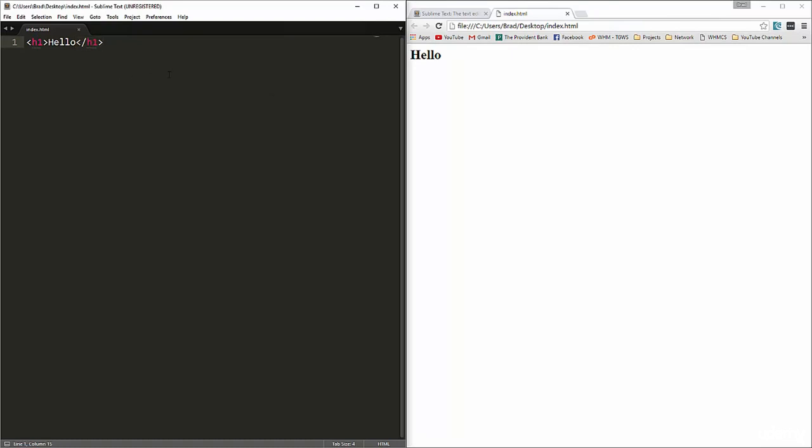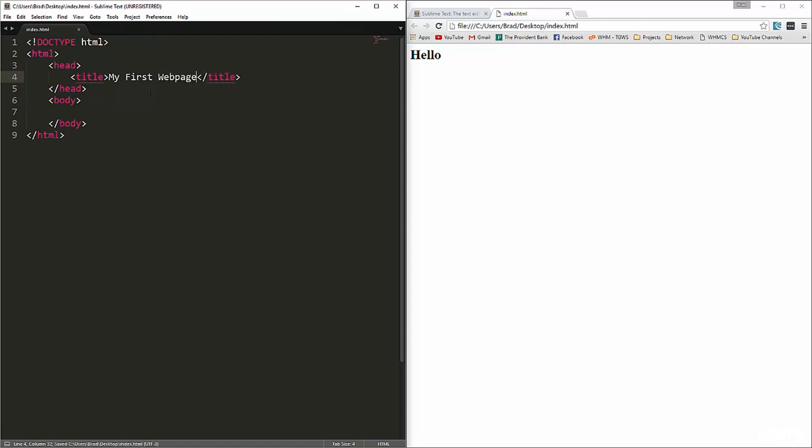Alright, now if you're building a web page, you want to have your basic structure, which is your HTML tags, your head and body tags, and your doc type. Now with Sublime Text, there's actually a plugin we can use. If we type HTML and then click tab, it'll actually create that stuff for us. Alright, and I'm just going to indent right here. And if you're not using Sublime Text and you don't have that ability, just go ahead and type this out. Alright, so in our title, we'll say my